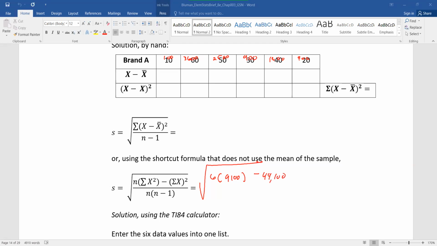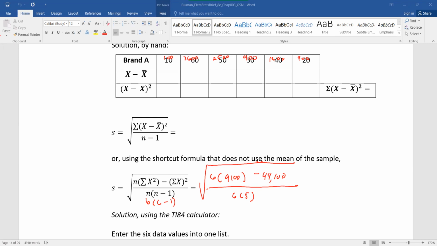What was the question? Oh, and then on the bottom here, this would just be 6 times 5, because that's what n minus 1 is, because this is 6, 6 minus 1. So then we can do some more math. Oh, I really don't feel like this is a shortcut. All right, this would be then 6 times 9,100